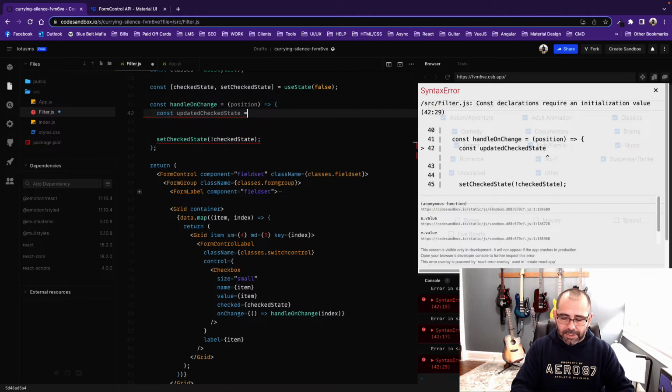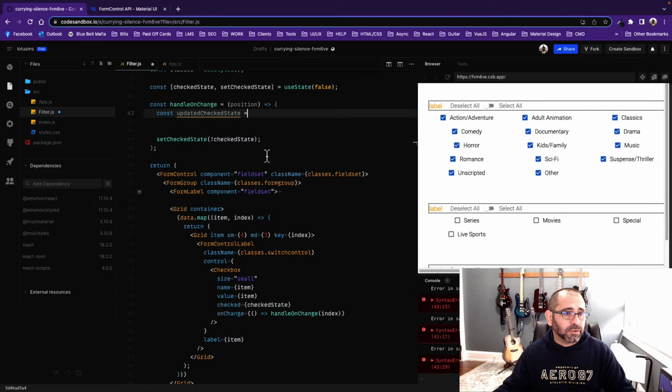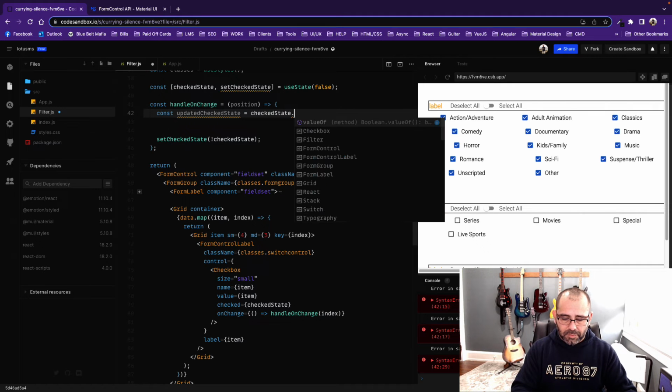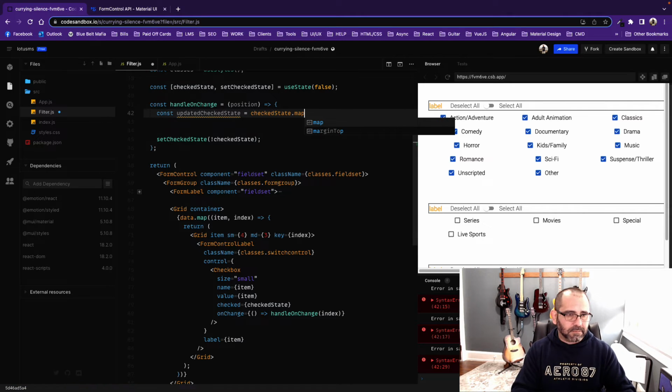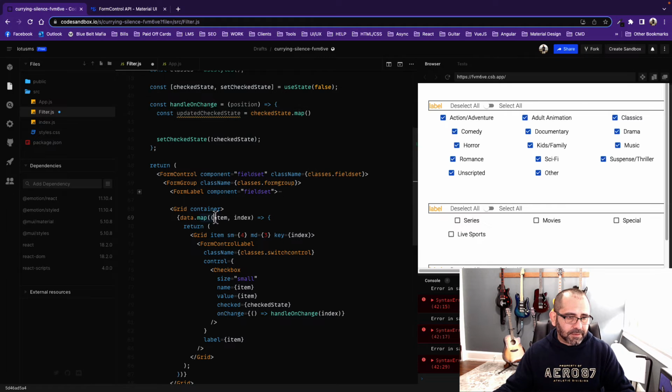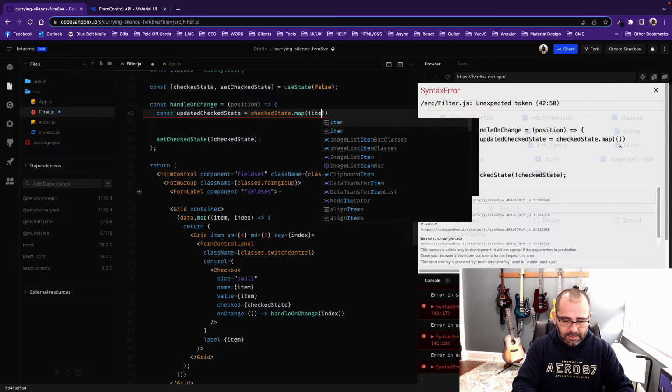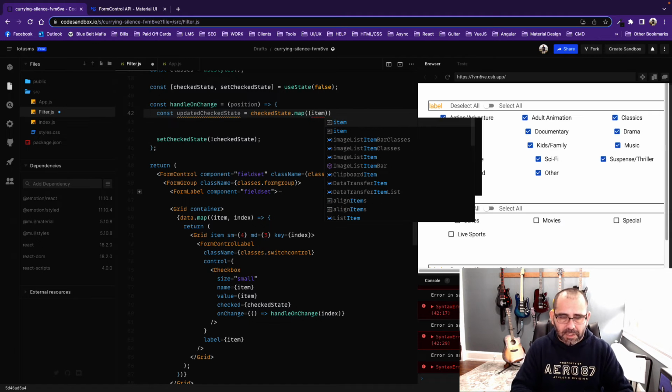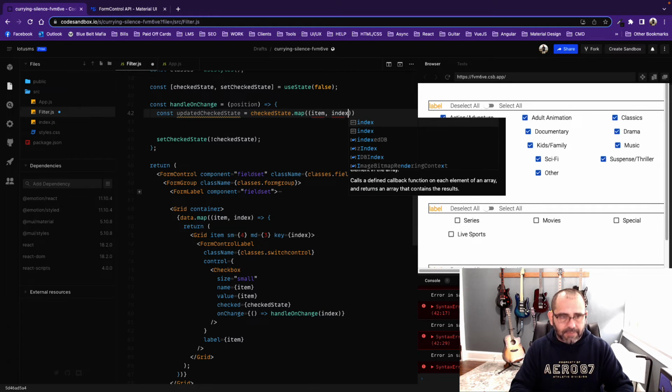And then the updated check state, what it's going to do is go through my state, and then in my state it's going to map everything that it finds in it. We did that here. Okay, same idea. And then I'm going to give it obviously a name. It could be item, it could be whatever you want to call it. All right, and then that's also going to have this index,